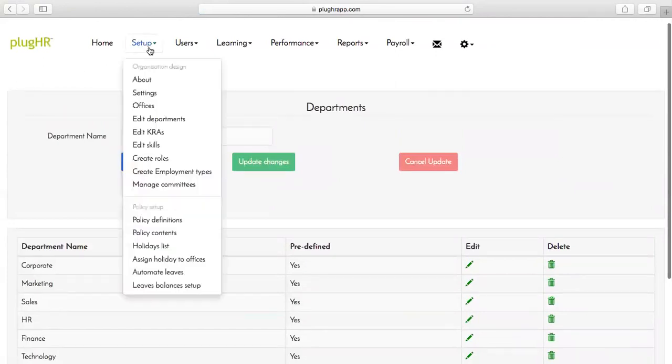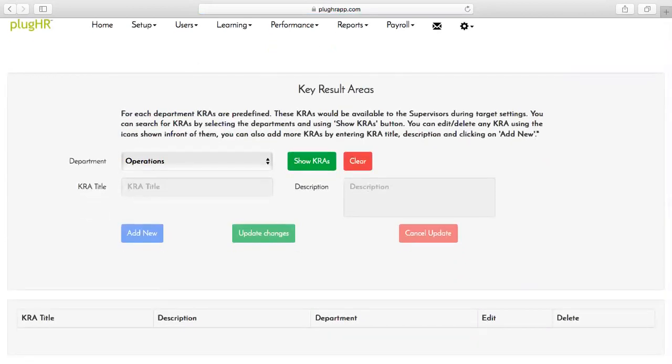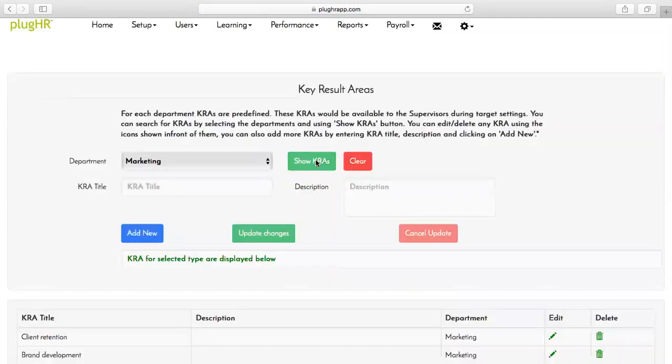It's fairly simple. Go to edit KRAs. Now this is the unique thing about the PlugHR app, that it doesn't give you a blank system, but there's a lot of HR built in. For example, the KRAs for each of the departments are already defined. Your KRAs may vary a little bit here or there, but mostly a lot of these KRAs are common across organizations.